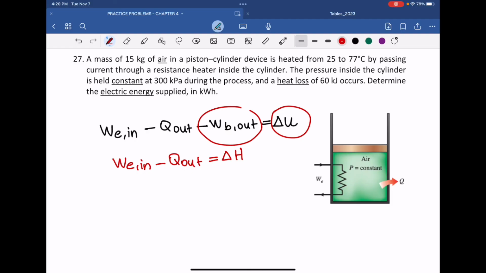So all we have to do, therefore, is find the enthalpy change and add the heat interaction. They already give us the heat interaction is 60 kilojoules. And all we have to do here is find the enthalpy change. And we can do that from m times